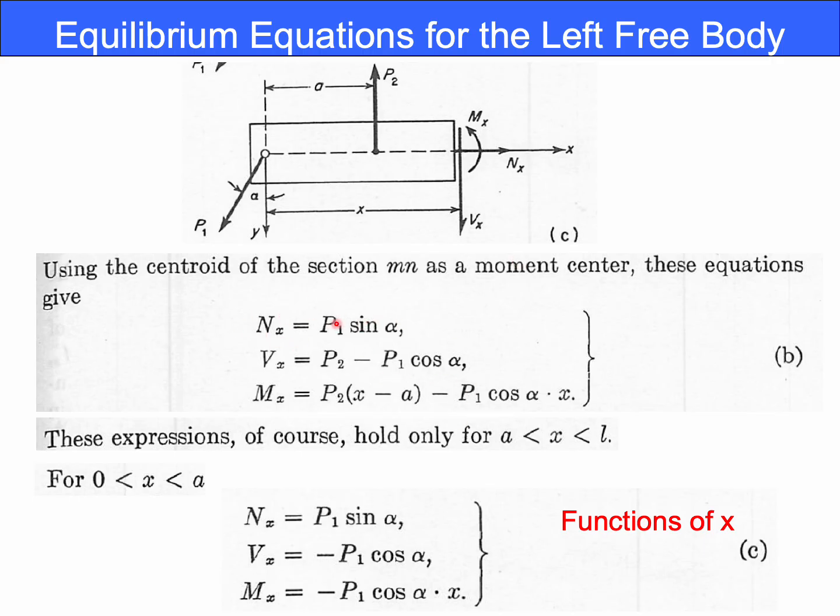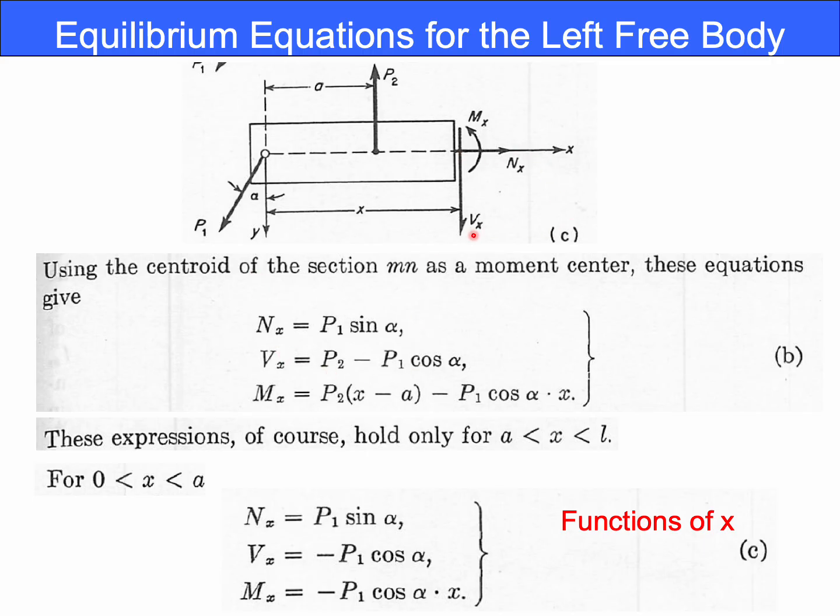This is the balance of force in the x direction, and Nx should be the total sum of the x component of this force and this force, but there exists only an x component of this force, so you obtain this. You need the sine alpha to decompose this into the vertical and horizontal components. So this is the balance of force equation in the x direction, and in the y direction, that is the vertical direction,